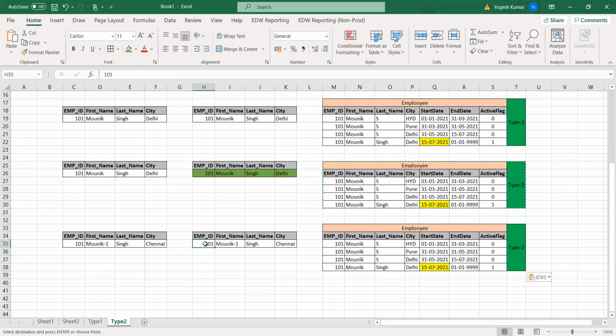Like below that, here, fifth row, Monique. See, here are two changes in this record. The first change is the change in first name, the active record. It will compare with only the active record. Here is a change with Monique-1. Then it will check the last name. Last name is the same, but city is different. So two columns have changed. So will we add two records or one record here? No, one record only. Very nice. So we will add only one record.